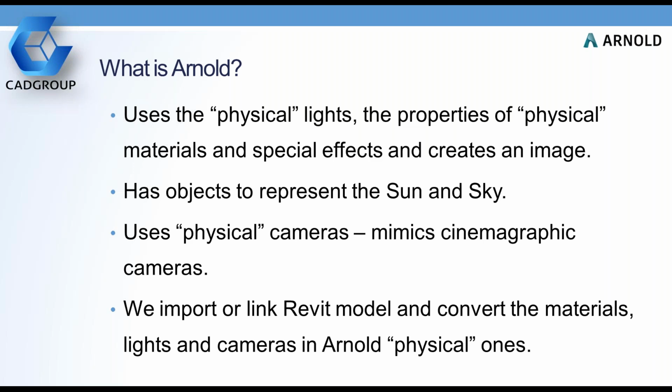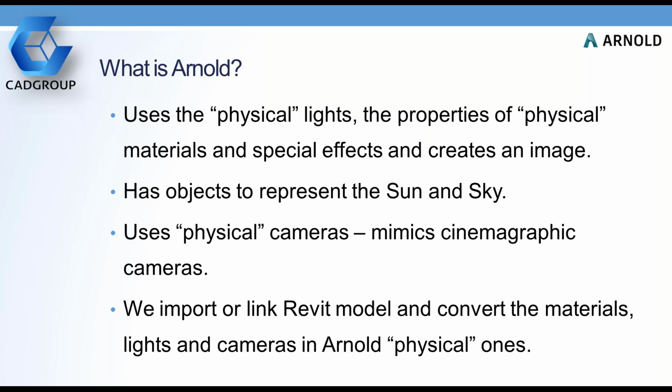We also have physical cameras, and those cameras mimic real photographic or cinematographic cameras. So they do have some quite cool little effects in them that mimic the way that real cameras work. And I guess that's another reason why, for example, the CGI guys are using the Arnold rendering engine, because those sort of effects that fool the eye into thinking that it's a real camera are reasonably easy to implement in